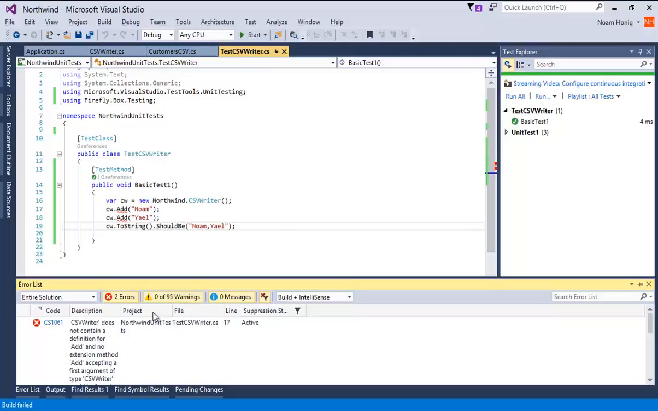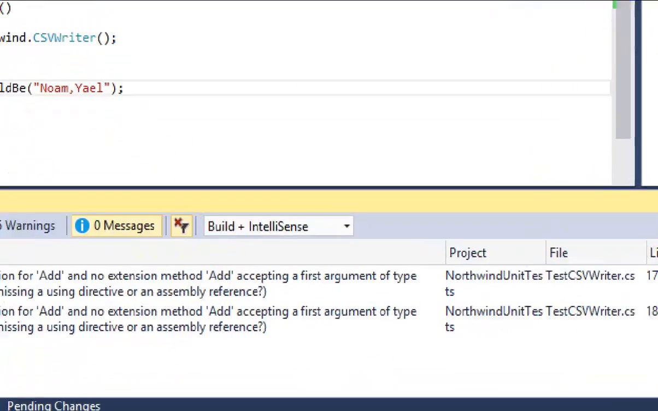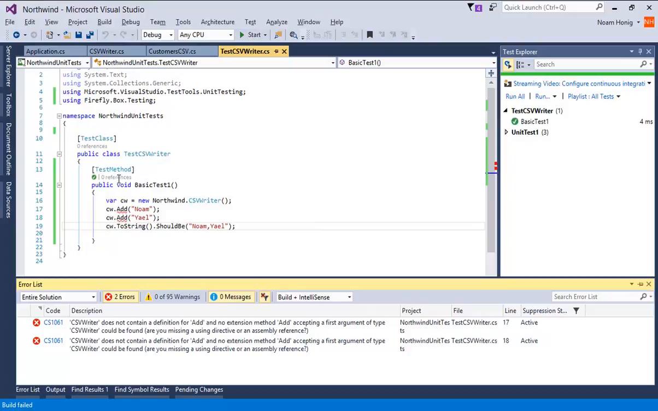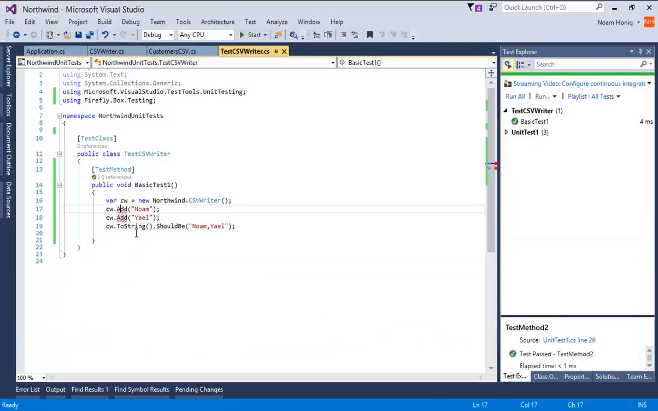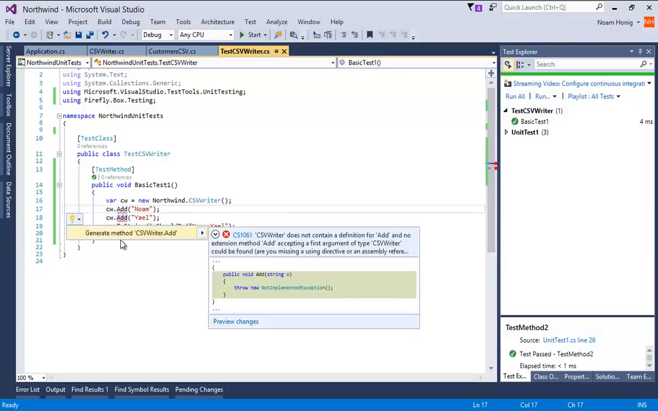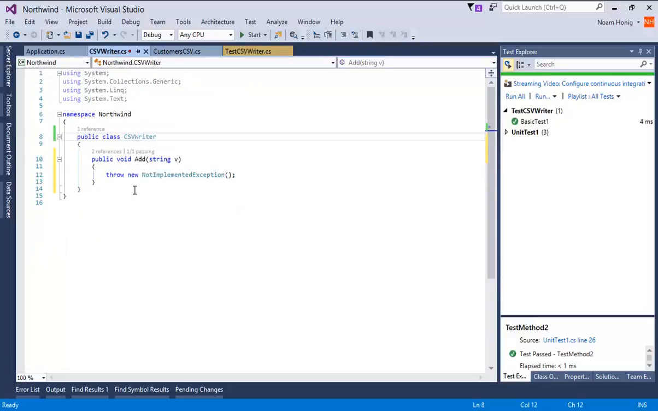Okay. So the first thing we see is that this obviously doesn't compile. Visual Studio is telling us that CSV writer does not contain a definition for add. It's not aware of that method, which obviously is true because we haven't written it yet. So let's go ahead and write it. Over here this little light bulb appears on Visual Studio 2015. Previously it used to be a small arrow below it, and we'll tell it please generate a method CSV writer add. And funny enough, the CSV writer file has changed, and now we have that add method. Okay, so great. We haven't done anything,